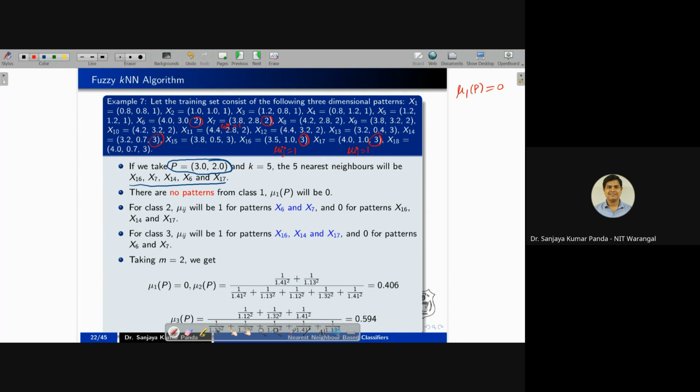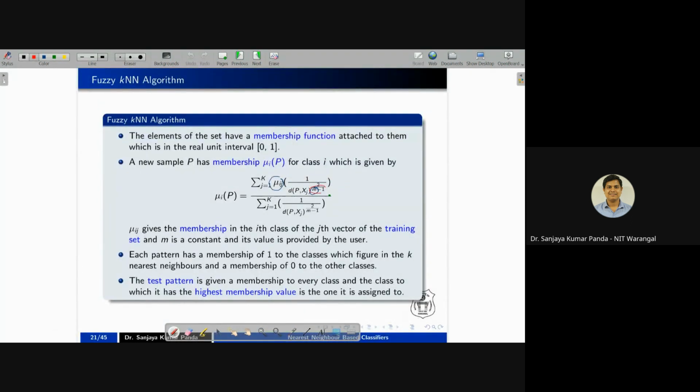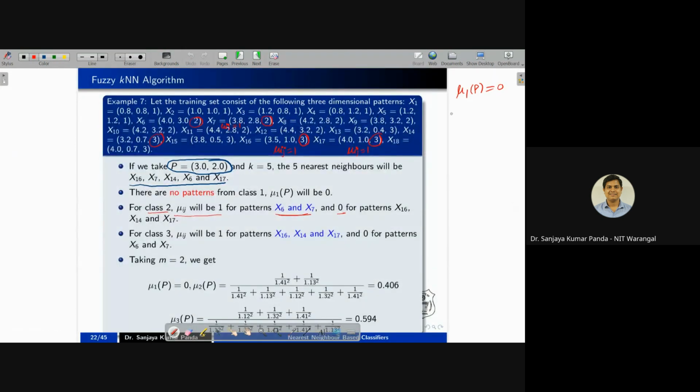Their membership value is 1. But if you compare for other class, it is 0. Like I mentioned here, class 2. So X6 and X7 belong to class 2, so their membership value is 1. But other patterns, for example, X16 if I take, X14 I'll take, X17 I'll take, their membership value is 0. So if I consider M is equal to 2, so this denominator will vanish, like 2 minus 1 equal to 1. So if I calculate the membership value of the test pattern P belongs to class 2,